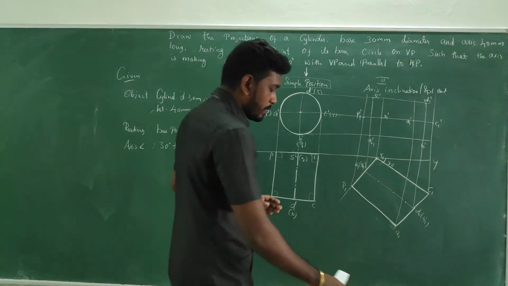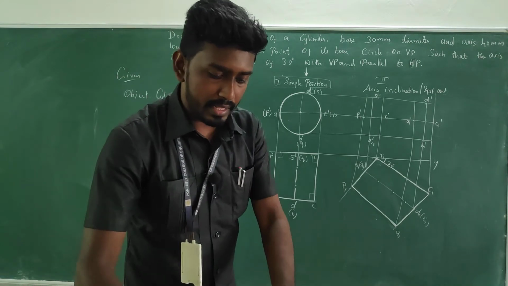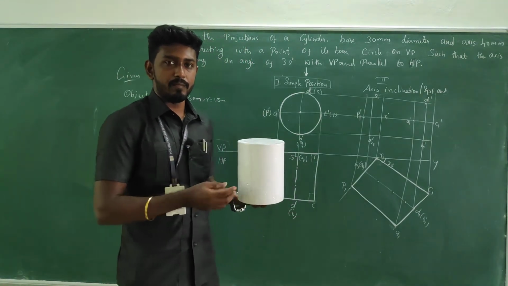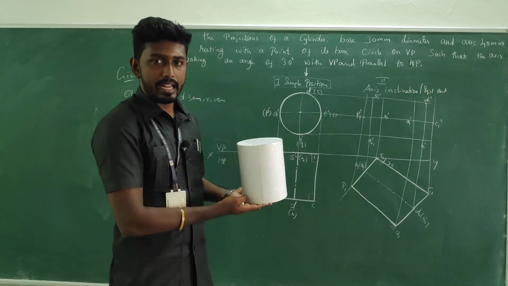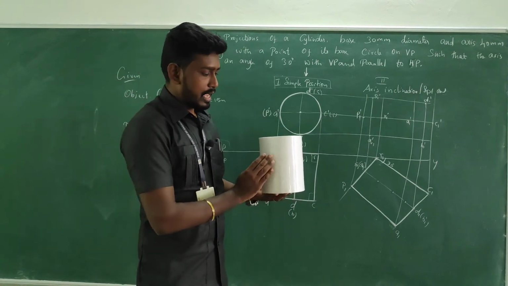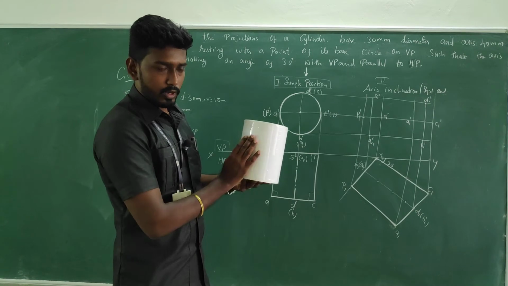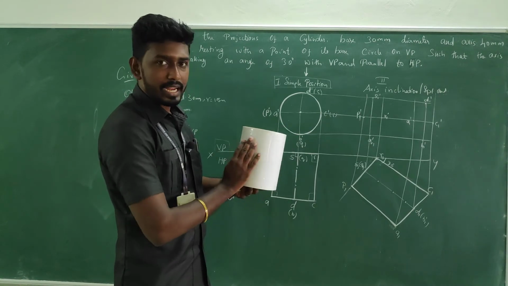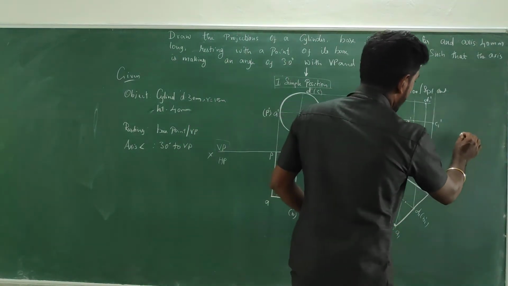Now we are going to the final stage. In order to obtain the shape of the object, just remember this is a top base and here it is a bottom base. As far as this cylinder is concerned, it has top base, bottom base, and these are the generators. There are no edges. Top base, bottom base, and generators. So top base, first of all, concentrate on the top base.